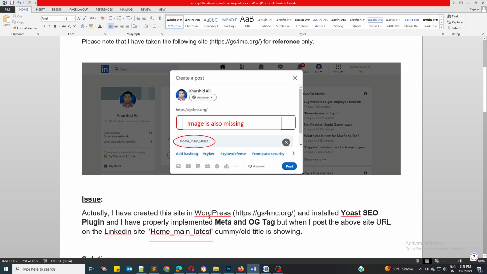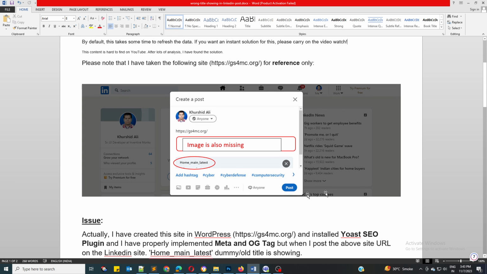I have created the site in WordPress, installed the Yoast SEO plugin, and properly implemented meta and OG tags. But when I post the site GS4MC on a LinkedIn post, this title is showing, while I updated this, but it is not showing correctly.